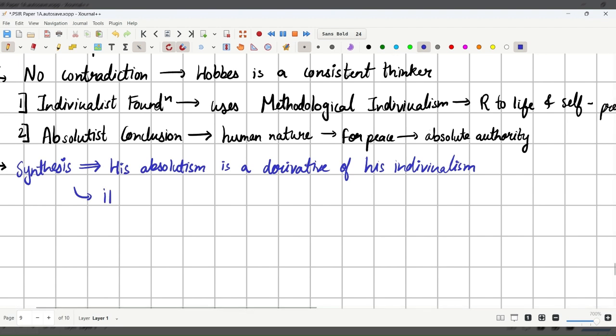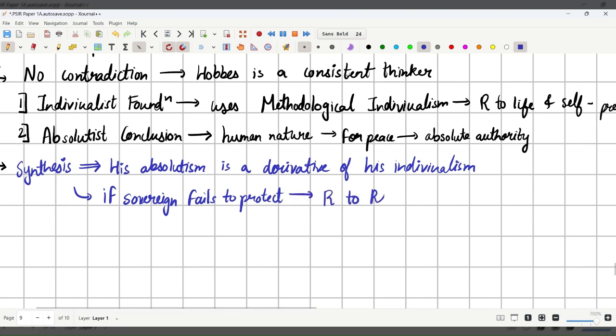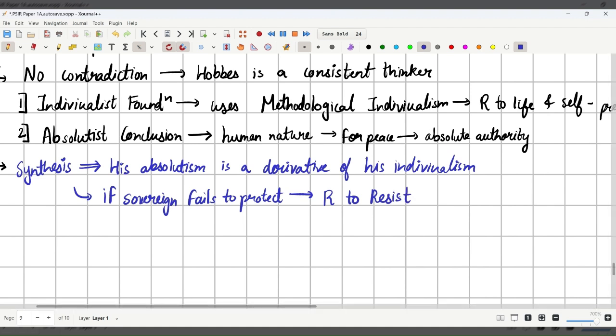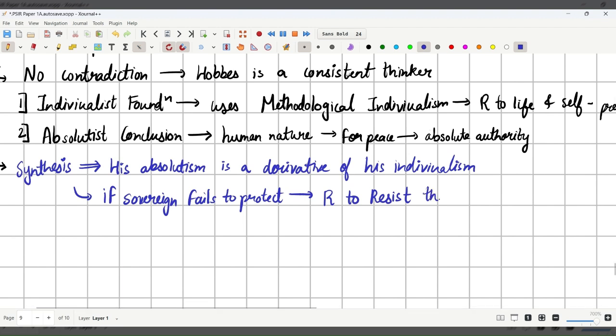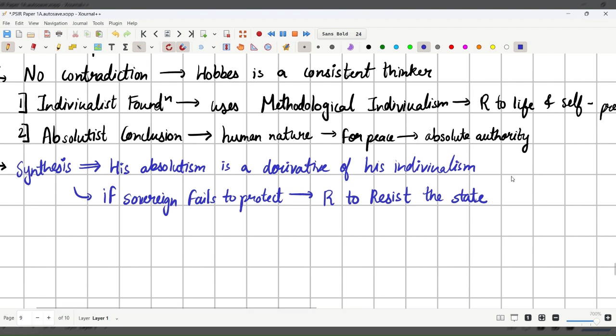Then if the sovereign fails to protect, then individuals have the right to resist. Okay, right to resist the state. Why do they have the right to resist? Because the contract, the primary purpose of the contract, that was the protection of life, has been violated. Okay,